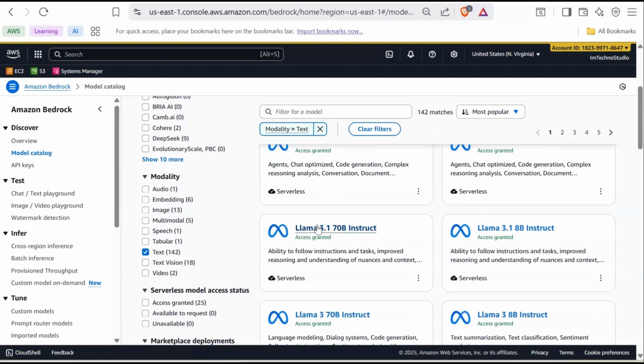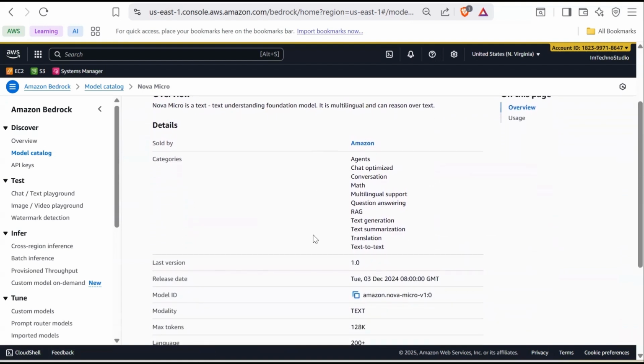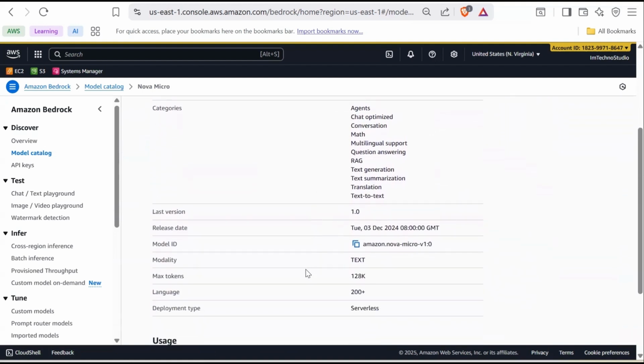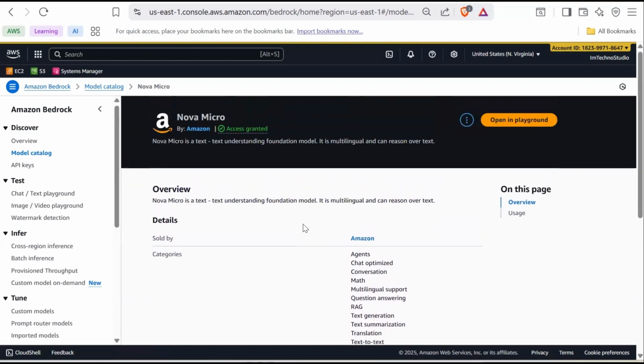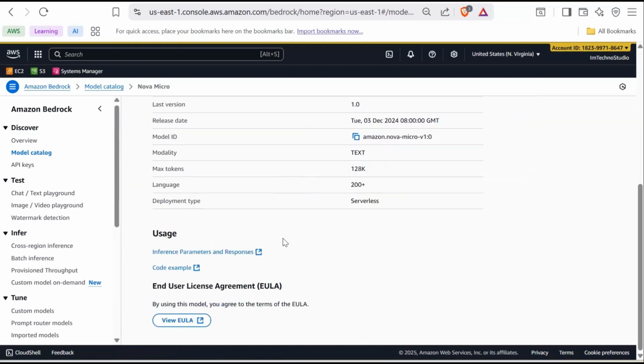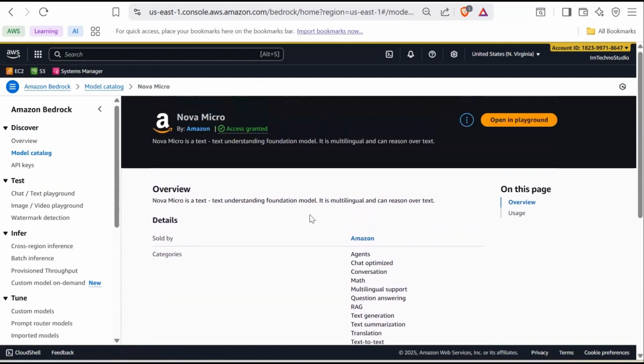And on top of it, clicking on a specific model shows you details like its description, supported use cases, token limits, languages, and key parameters. This makes it easy to understand what each model offers and compare them side by side before choosing the right one. Once you have explored the catalog and selected a model, you can test it directly in the playground by